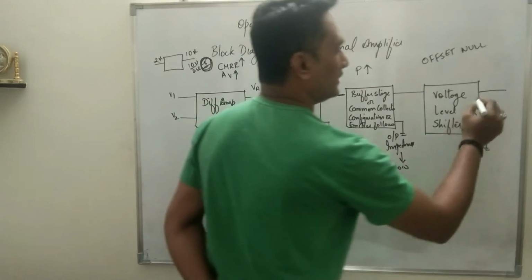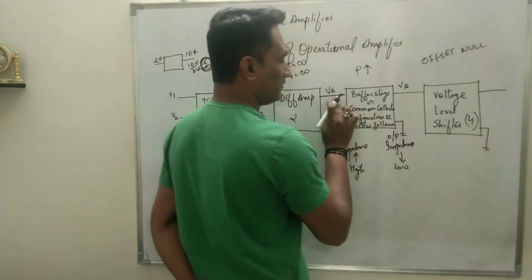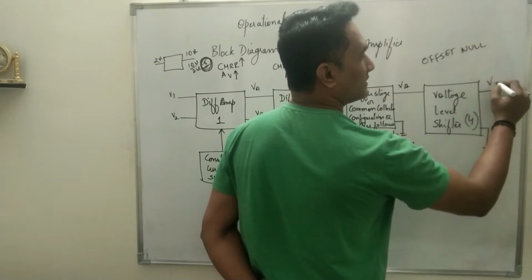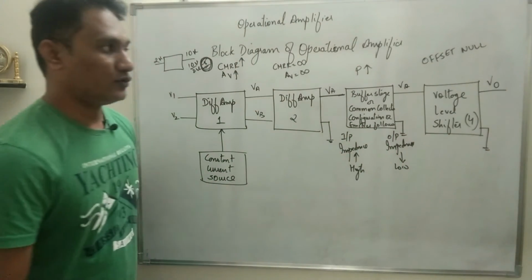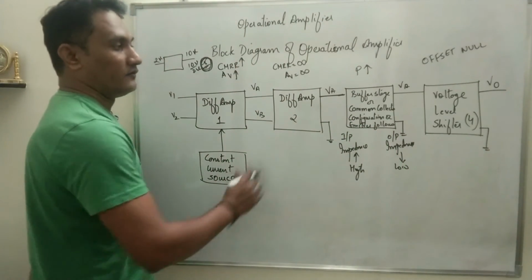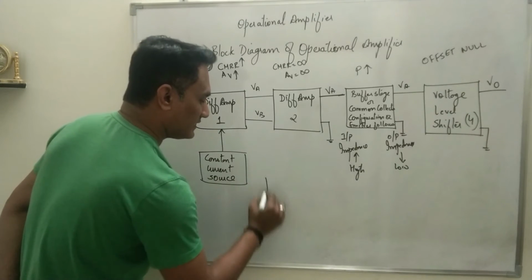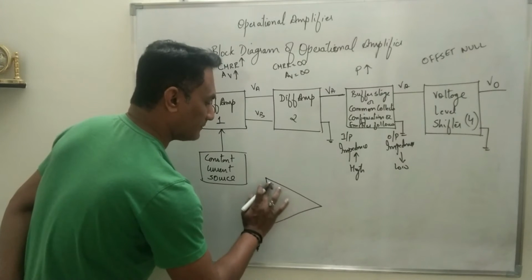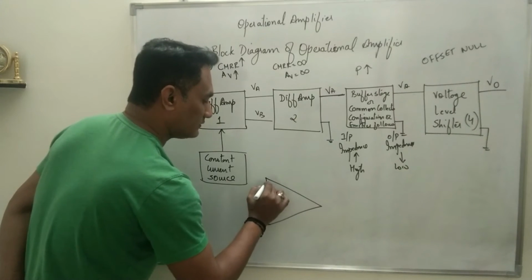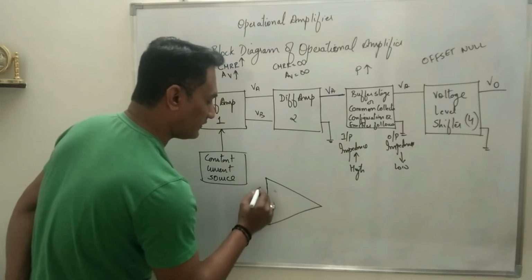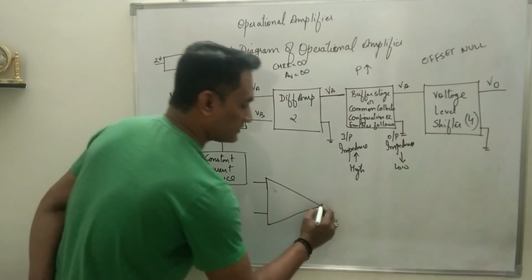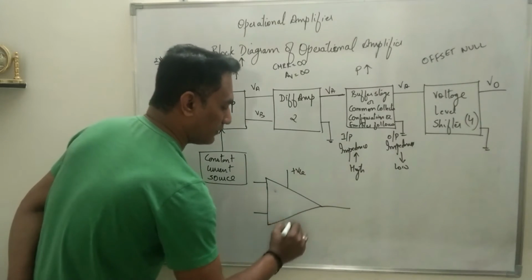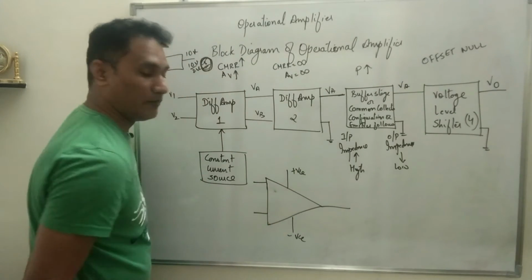Okay, and this is what we have done. We have continued with VA and VB has been grounded, so we continue with VA. Let's say here we get the output voltage. So now when you draw the symbolic representation of the operational amplifier, we will use the symbolic representation of a differential amplifier to represent the operational amplifier, but here it will have 2 inputs and only 1 output and 2 power supplies, plus VCC and minus VCC.